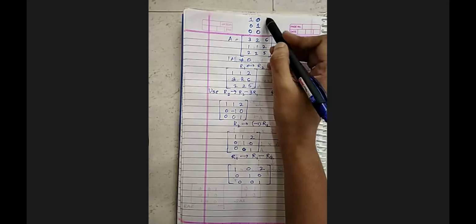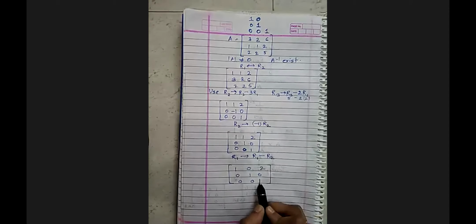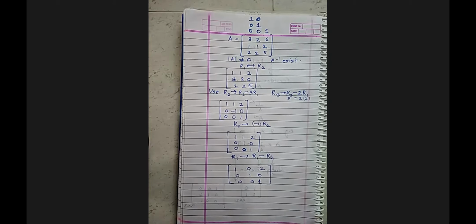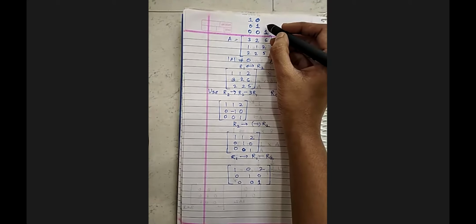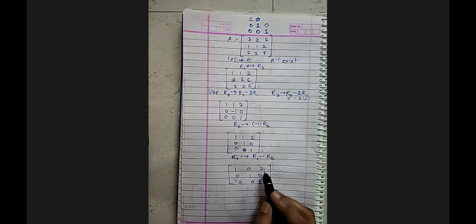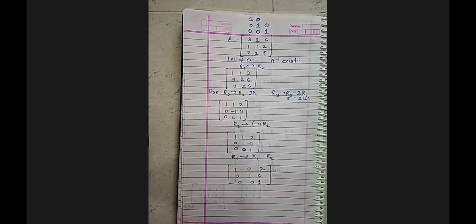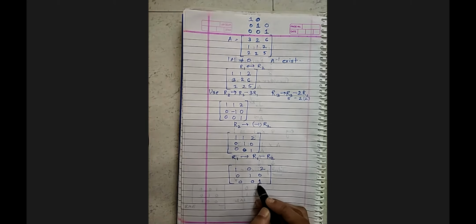Now the third column. In the third column, your first task is to get 1. But if you see, there is already 1. So no need of any transformation to get 1. Then, if it is already 1, you have to convert the zeros. So here also there is already 0. So you have to convert your 2 into 0. That is the last task which is remaining. That is very easy because you have 1 over here. You can take the help of this and convert this.